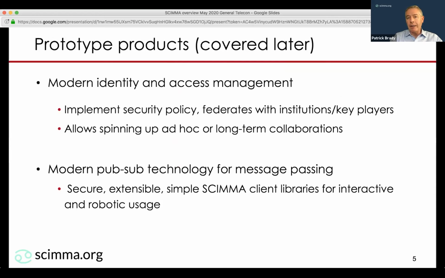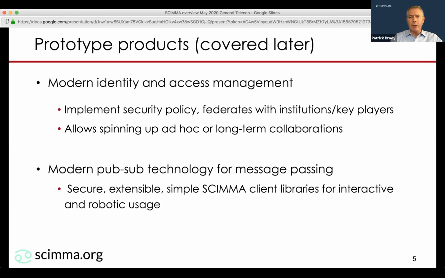The first one is identity and access management. One of the things we find happens fairly regularly is that when you're trying to build up and share information that might have different levels of security and access control, it becomes quite a pain in the neck that you have people who use all kinds of systems. There are many that you can use, but trying to get them to interoperate can be a bit of a pain, and often leads to quite a lot of confusion.